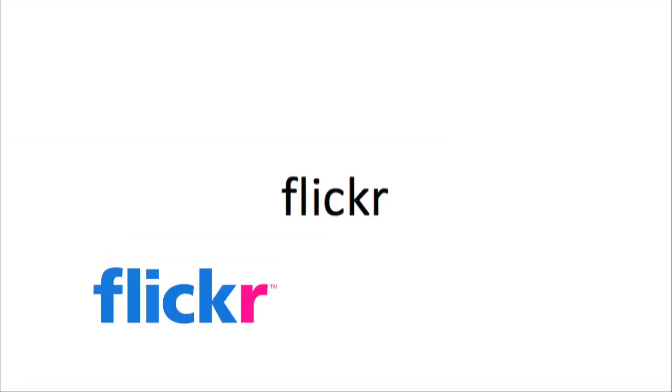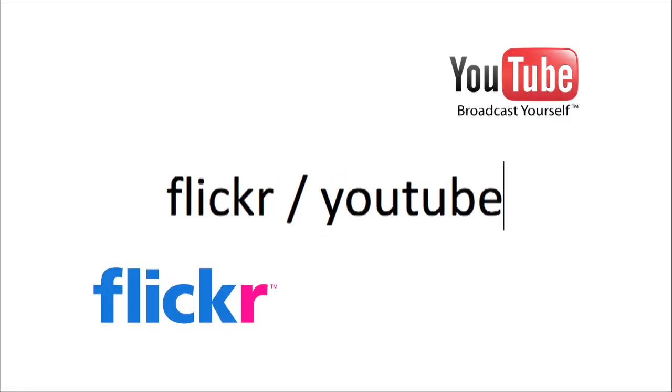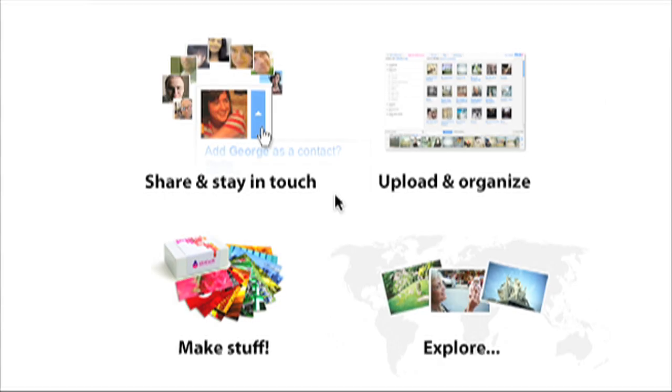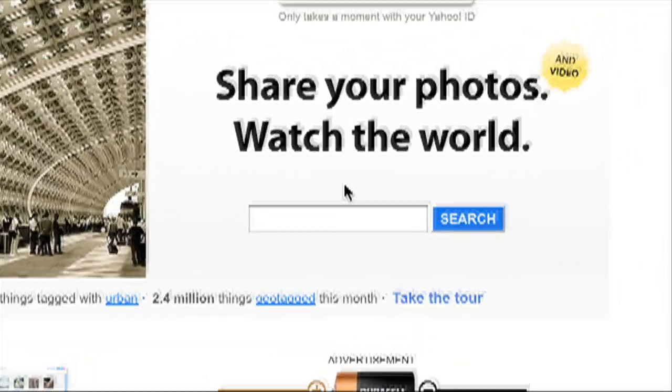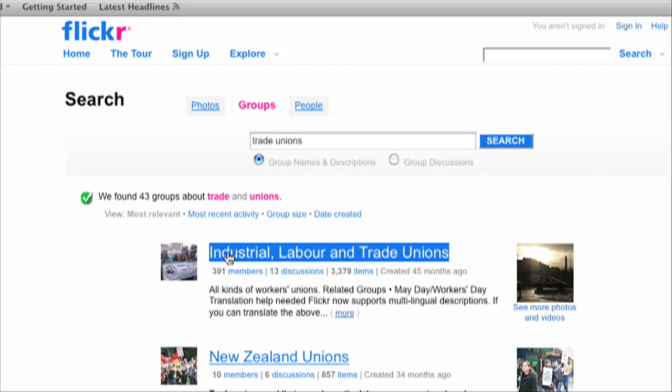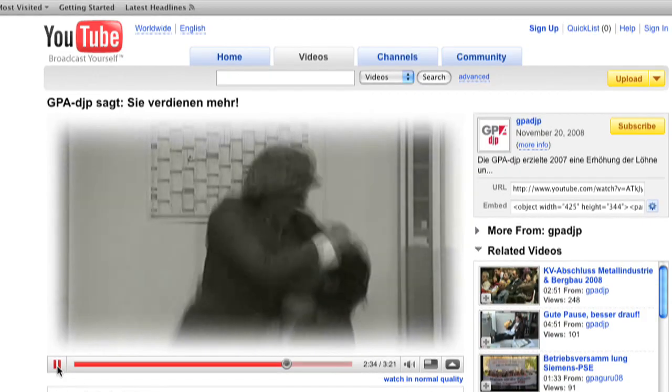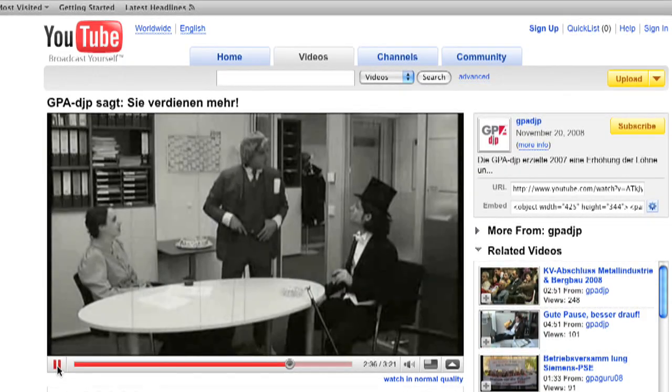Flickr is a tool to upload, organize and share your photos with the world. People who see your pictures can comment on them or link to them from their blogs. It's also easy to embed your pictures on Flickr into your blog. If a picture says more than 1,000 words, what about 25 pictures per second?